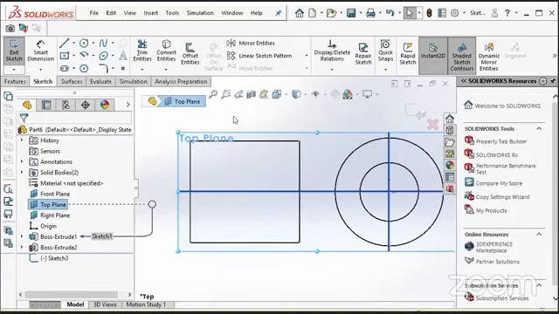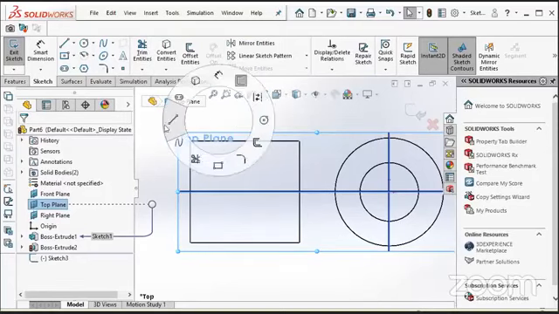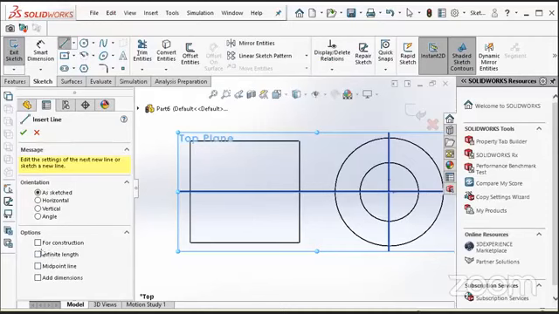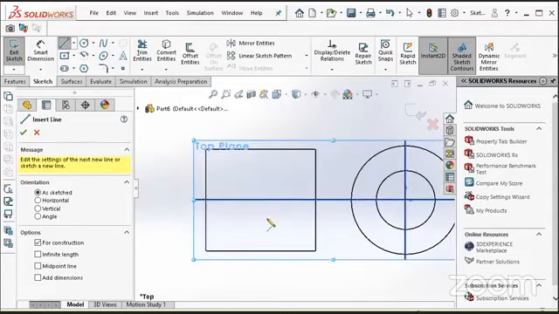And I will create again a line, in my case a line for the construction. Construction means that I will use this line as a reference. It cannot be used for protrusion or revolve to the feature. When I go to the mid of this line, SolidWorks tells me that this point is the middle of this line.